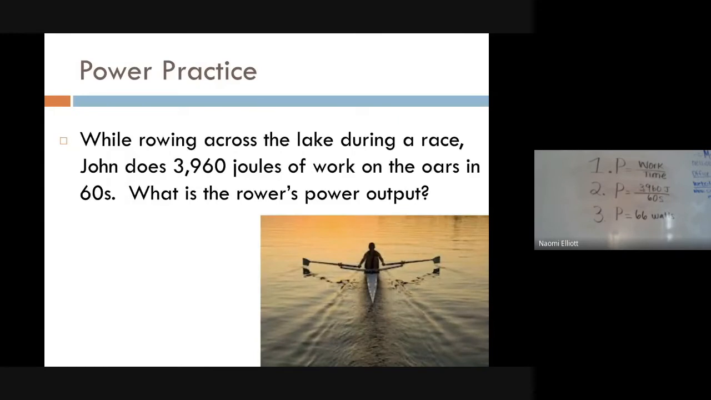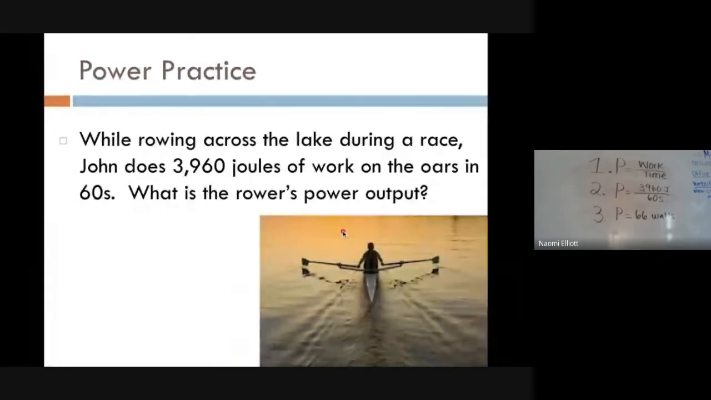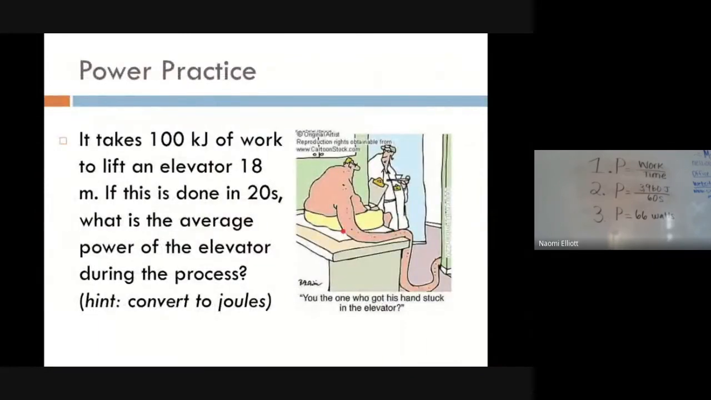Again, if you need me to pause here, you can pause at this point to make sure you have this practice problem done. The next practice problem